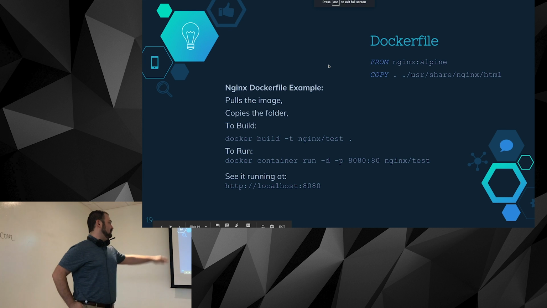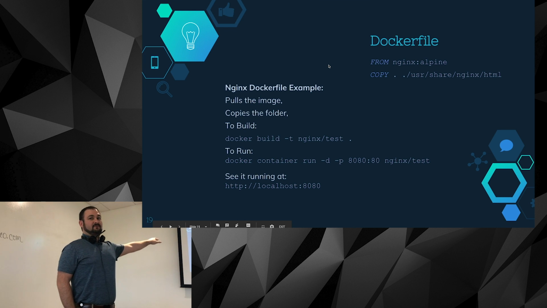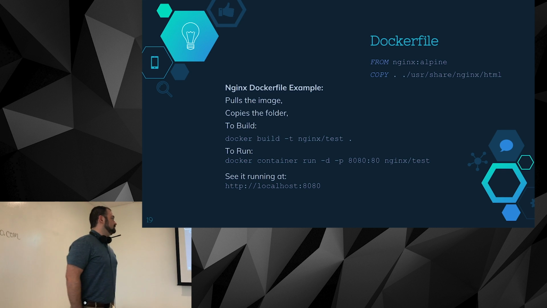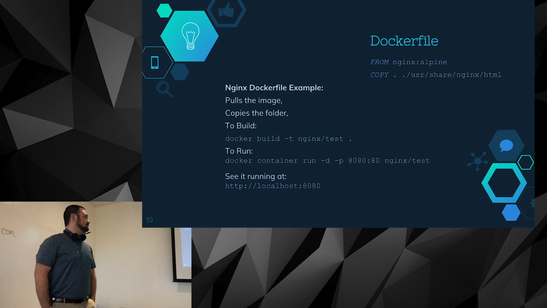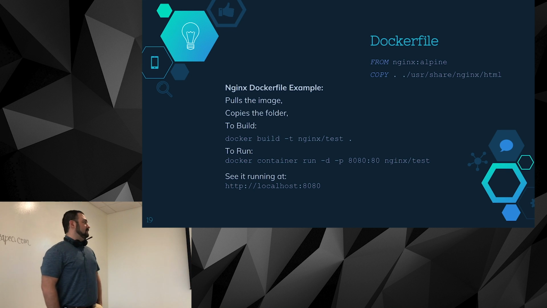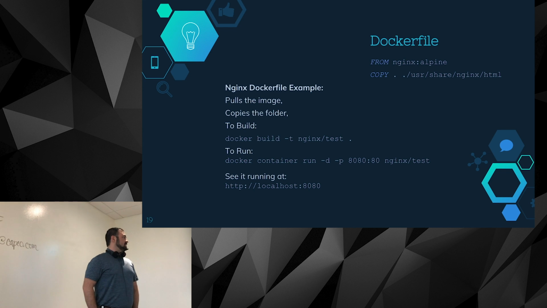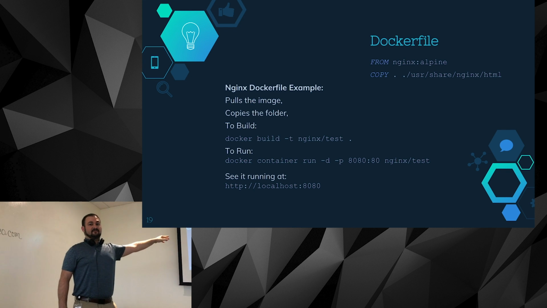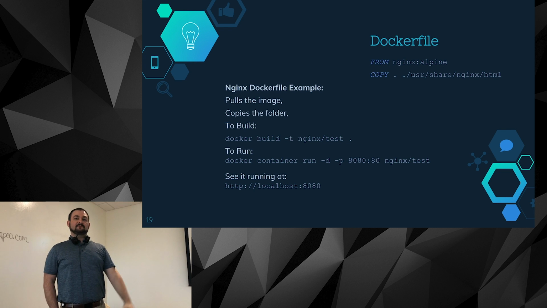Yes, so that's you mapping what port you want to what port you're exposing from the container. And then nginx-test, is that coming from the copy part? That is whatever you want it to be. So when you build it, you can call it banana, meatloaf, mama, whatever you want. And then when you run it, you're passing it that name at the very end. So what container do you want to run?